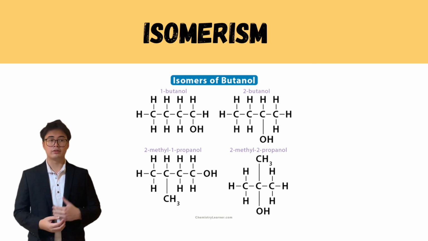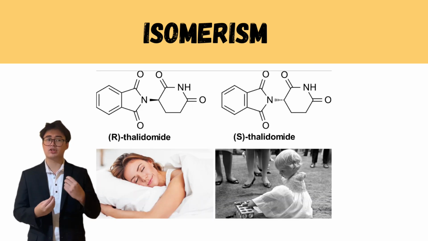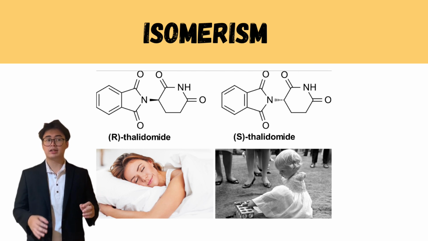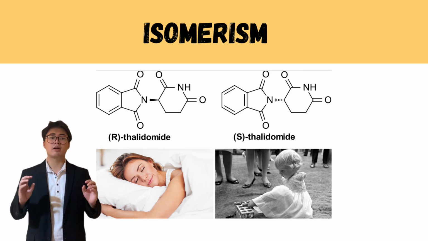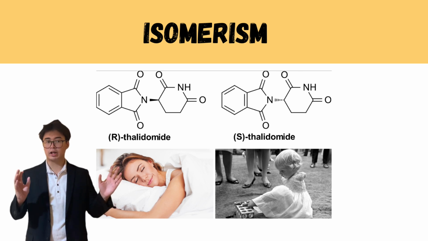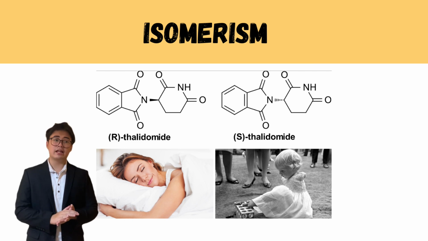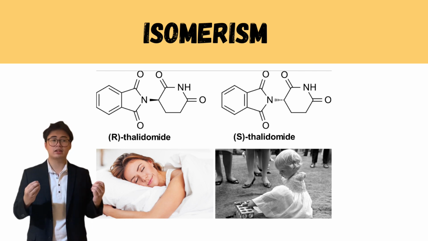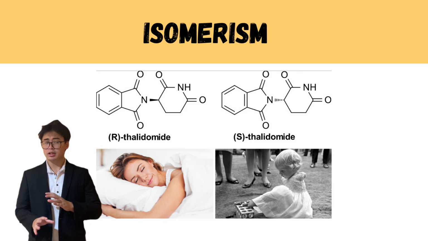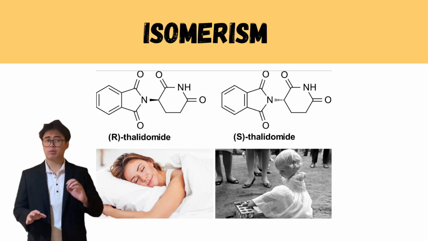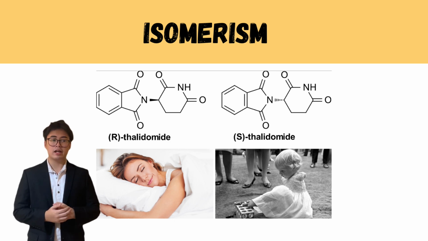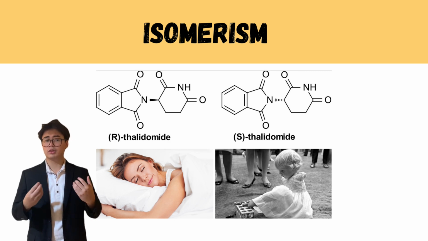For example, thalidomide. Thalidomide exists as 2 different isomers, specifically enantiomers. These 2 enantiomers are like mirror images of each other, much like your left and right hands. One enantiomer of thalidomide was an effective sedative and was used to treat morning sickness in pregnant women. The other enantiomer, however, was a potent teratogen, meaning it caused severe birth defects in babies of mothers who took